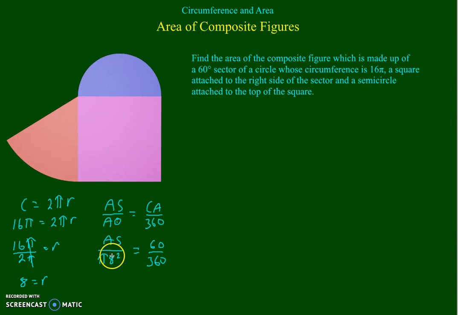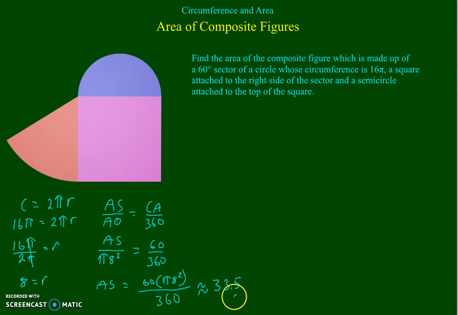Now we just have to multiply both sides by this quantity, and we get the area of the sector is 60 times pi times 8 squared divided by 360, and that comes out to approximately